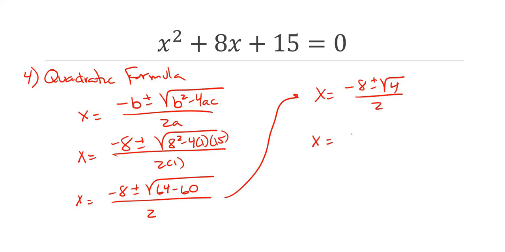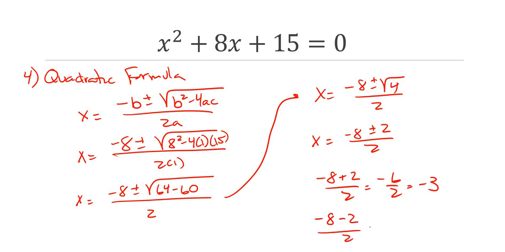X equals negative 8 plus or minus the square root of 4 over 2. Negative 8 plus or minus 2 over 2. So negative 8 plus 2 over 2 is negative 6 over 2, which is negative 3. Negative 8 minus 2 over 2 is negative 10 over 2, which is negative 5. So those are all the methods we've learned so far. And as we talk more about this, you'll see that there are some quadratics that work easier with different